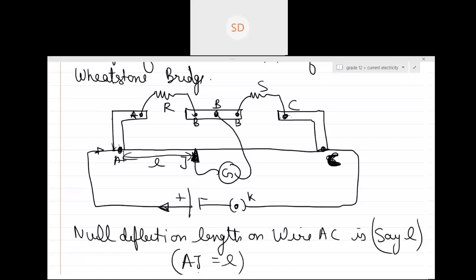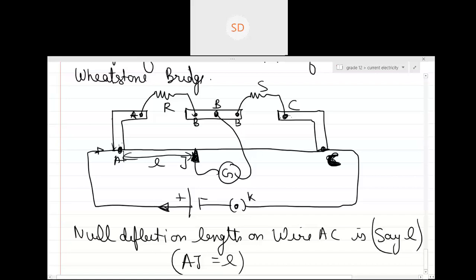So basically, the length at which the galvanometer is not showing any reading, or it is showing zero reading, is basically called the null deflection. So whenever it is a balanced condition, if there is no current flowing through this branch B and J,